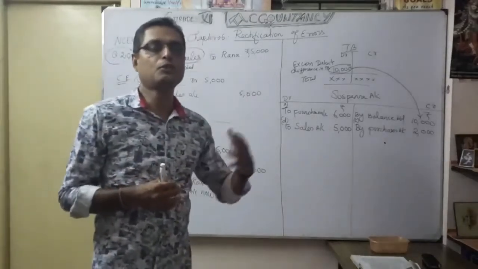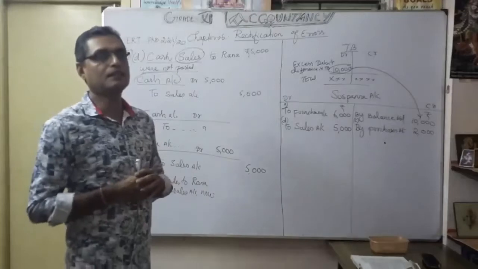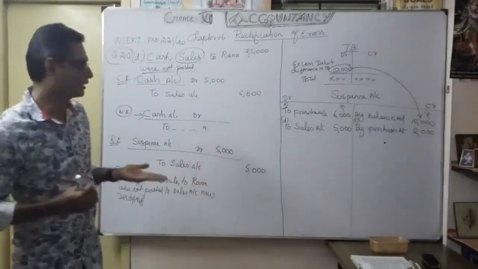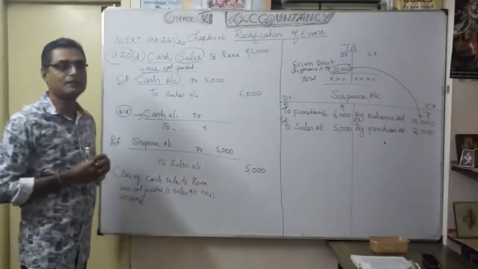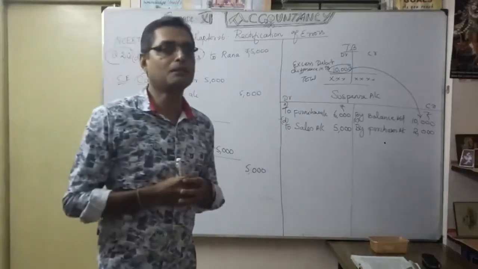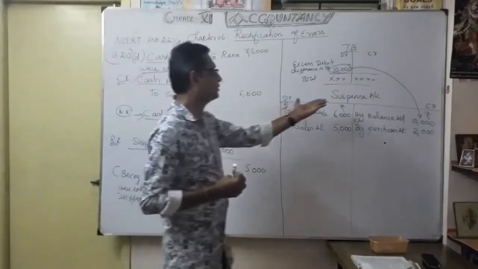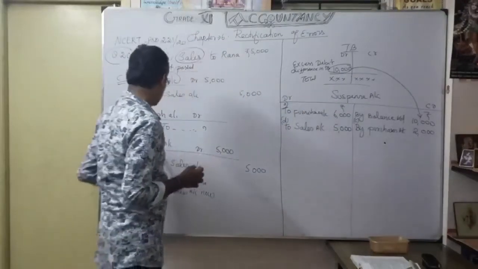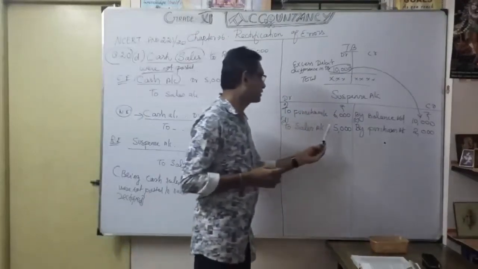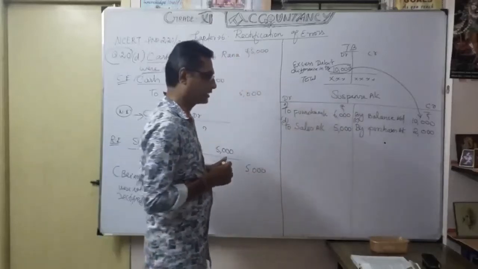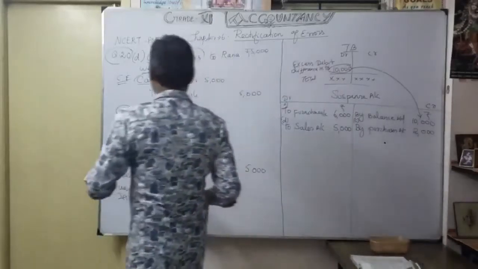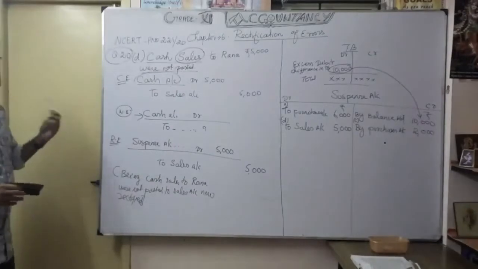They omitted it. So what? Partly omitted, coming under error of omission. Partly omitted, that's all one side error. So definitely it will disagree the trial balance. Okay. So now you understood: here as a suspense account, you can make the posting as a suspense account. You open to sales account 5,000. Now let's see the next one. You understood now. Okay. So next I'm going to see the next transaction.